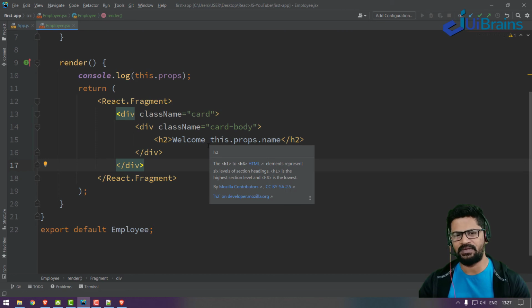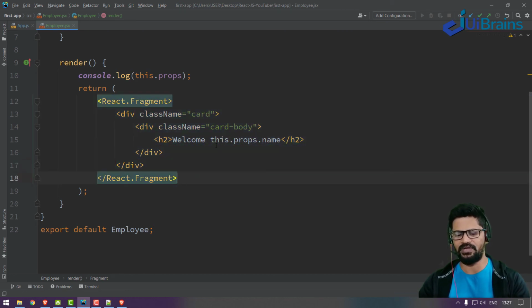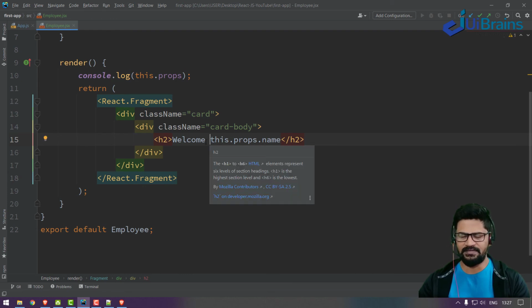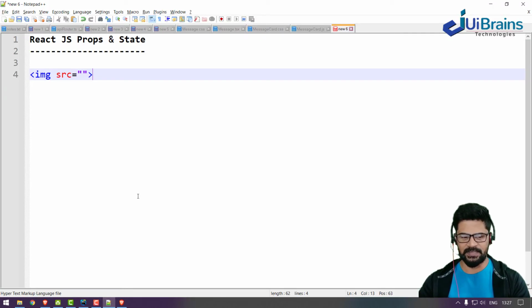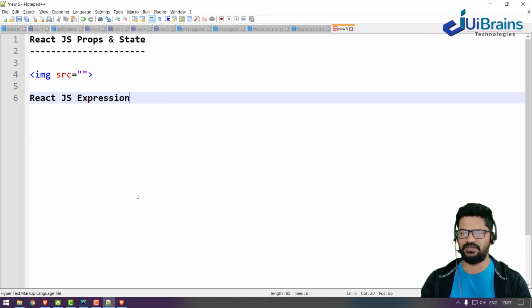How do you read a dynamic value? And that too, it is HTML source code. Then how you read a dynamic value is, we have a React.js expression. That is like this: simple double curly brace. Sorry, single curly brace. If you're using Angular, we have double curly braces.